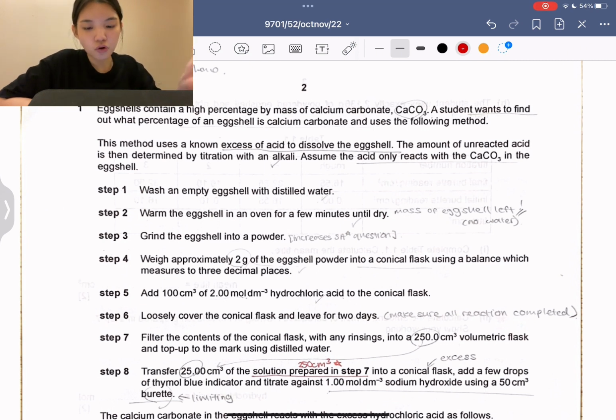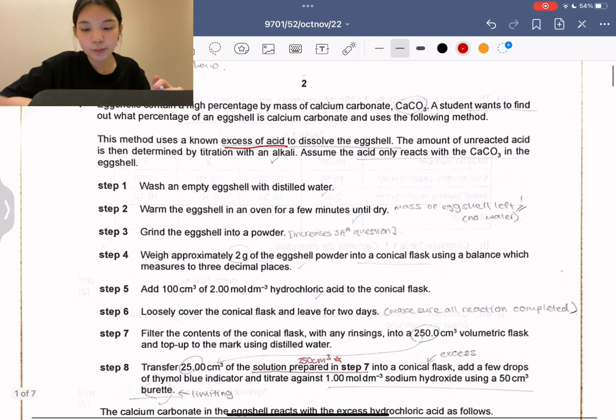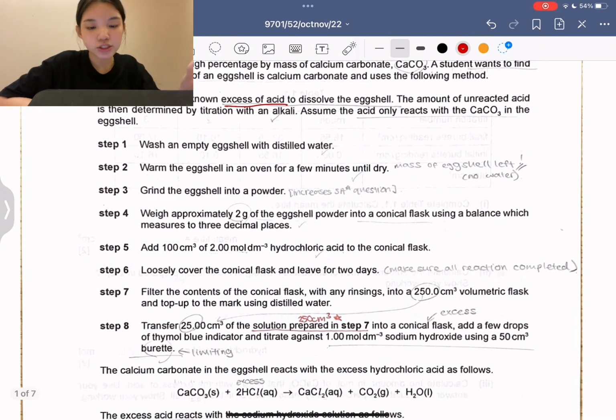This method uses a known excess of acid, like HCl, to dissolve the eggshell. The amount of unreacted acid is then determined by titration with an alkali. So there are 2 steps to this. Then assume the acid only reacts with CaCO3 in the eggshell and nothing else. So step 1, wash an empty eggshell with distilled water. Then warm the eggshell in an oven for a few minutes until dry. This is so that there's no water left and it's only going to be the mass of the eggshell left